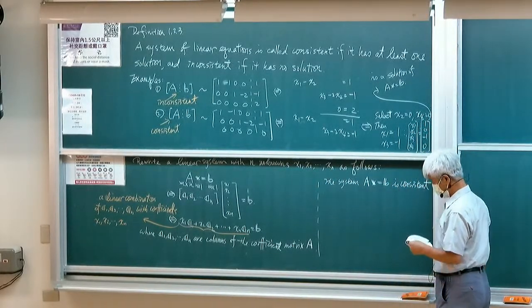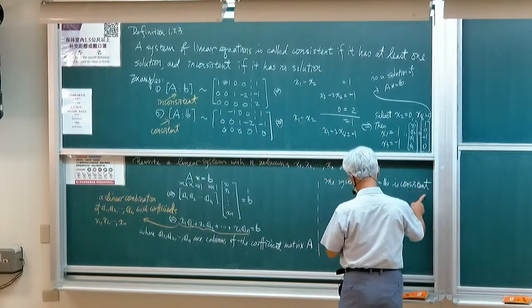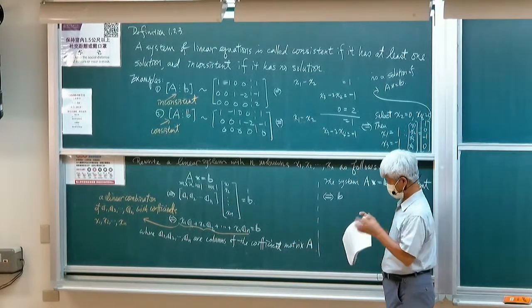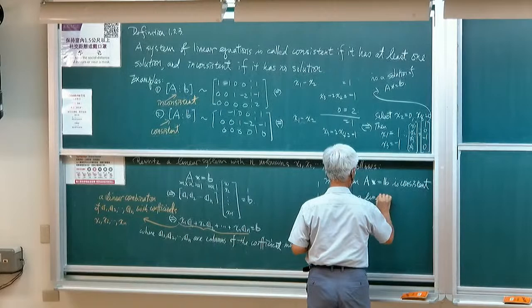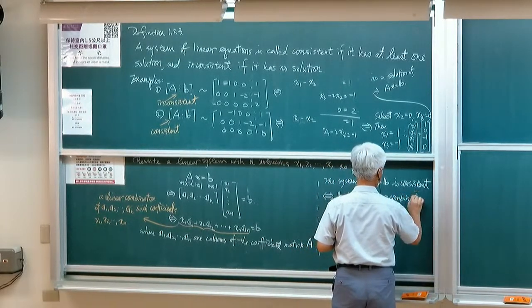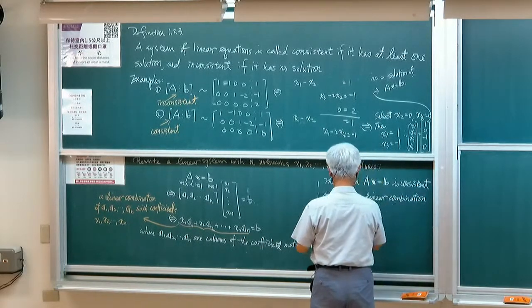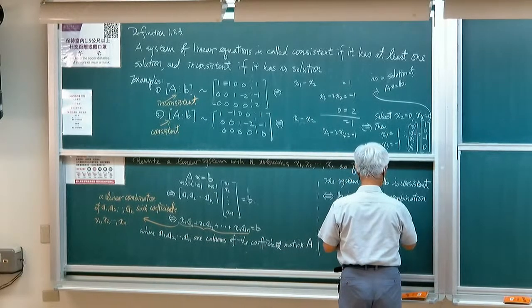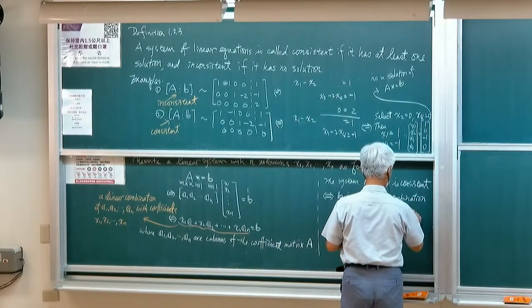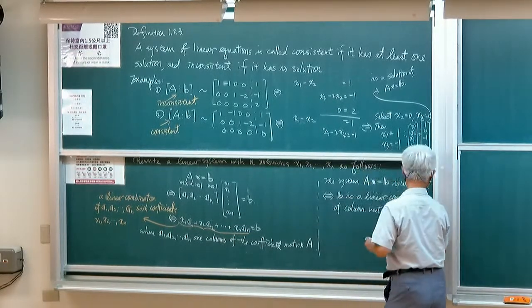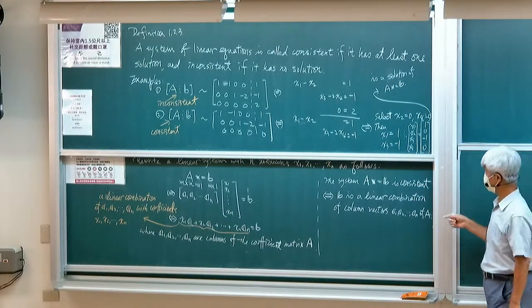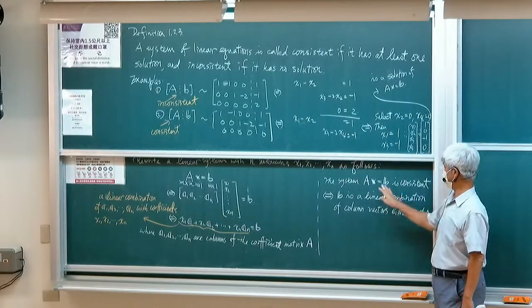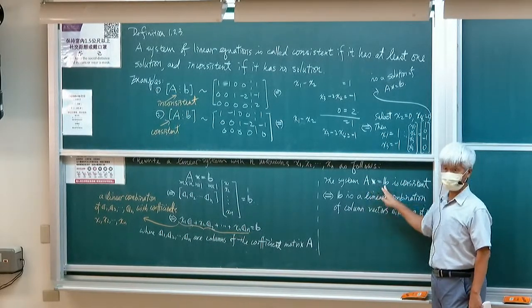So it is consistent if and only if the right-hand side vector b is a linear combination of the column vectors of A. So it shows that the consistency of a linear system depends only on information provided by A and b. They are known, right? The only unknown